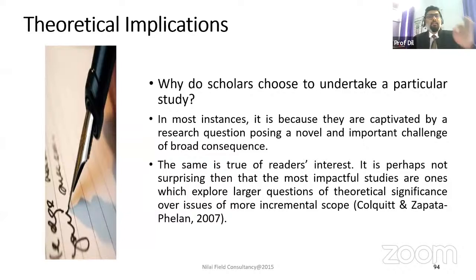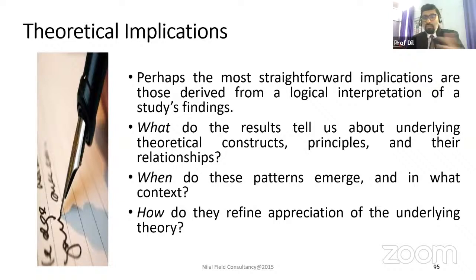Theoretical indicates whether you have incorporated the recent literature into the paper or not, whether you facilitated the advancement of the literature or not, which theory turned out to be redundant and which theory needs to be considered now contemporarily, and why that theory is more useful in comparison with the others based on your research, because yours is deductive research, with deduction made from the theory. How did you do that? All right, this is to be explained in the theoretical. So what do the results tell us about the underlying theoretical constructs?